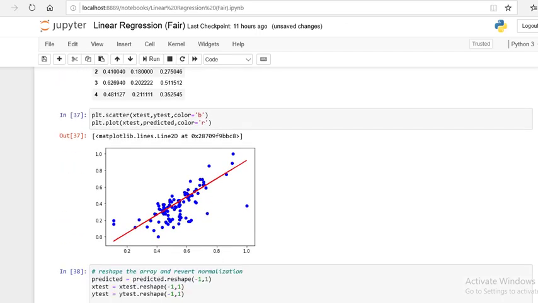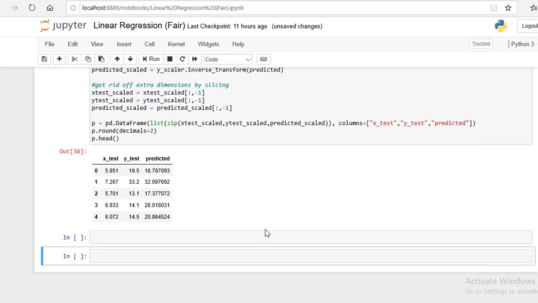Now this is the testing data and this is the predictor. This is our final predicted values.